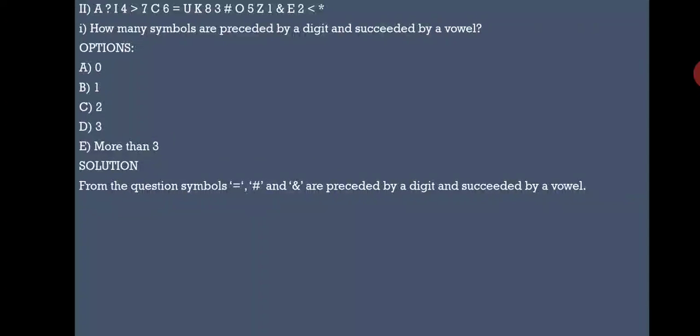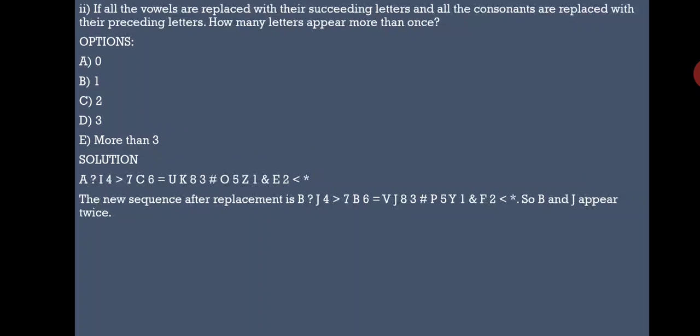Second question. Here also a term is given: A question mark I4 greater than 7C. It's a question term. Here we need to find how many symbols are preceded by a digit and succeeded by a vowel. Before a symbol will be a digit and after a symbol will be a vowel. We need to find a term like this. Options are given. Solution: from the question, the symbols hash and at are preceded by a digit and succeeded